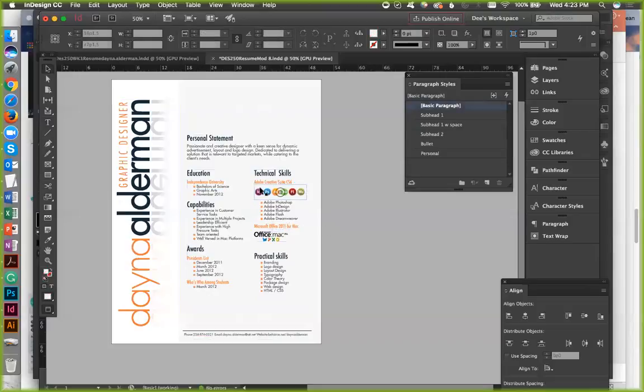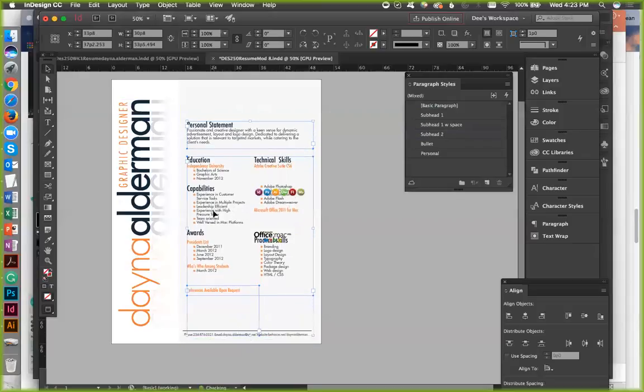That's what you need to do as designers. You just keep going back and checking it to make sure that that's what you need, and that's what you really want. What really works, you know. Okay. And then I'm going to put references available upon request right there, just like so. Yep, I'm pretty happy with that. Bump that up just a tiny bit now that I put that in, all right.